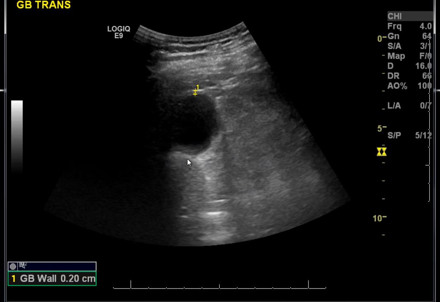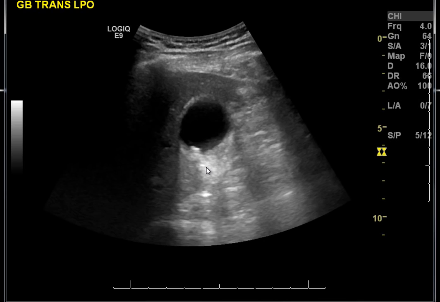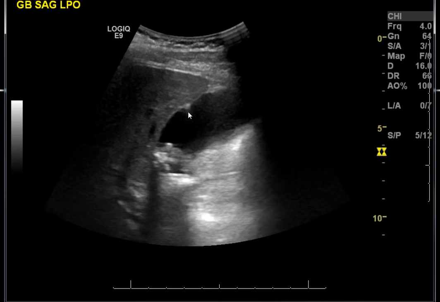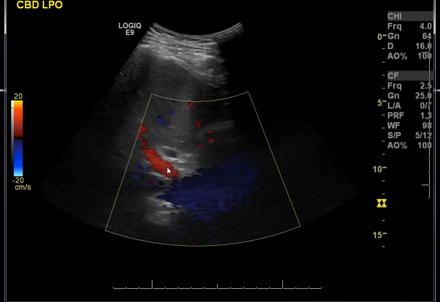Now, in good ultrasound practice, you always look at the back wall of an area. So this is a nice sharp wall, acoustic enhancement. This is fluid containing, and the wall of this gallbladder is 2 millimeters, which is normal. So gallstones, normal gallbladder walls,